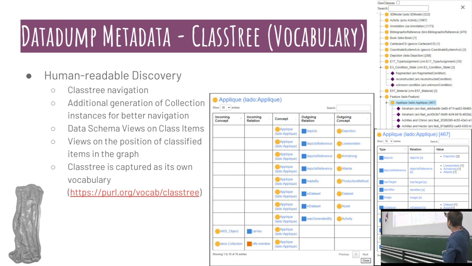Then you will have a context menu there. So, for example, if we see on the left-hand side this little image, which is an applique annotation, you will be able to check to which other classes it is connected and by which relations. So you can access that in this class tree in a context menu, and you can check to which other instances it is actually directly connected. So this is just for purposes of navigation. And this generated class tree is also available as a JSON-LD, so you can then also reuse this class tree or publish it otherwise if you are so inclined.